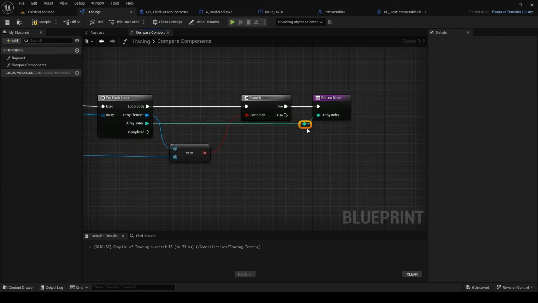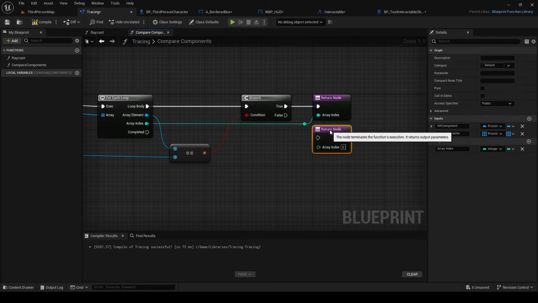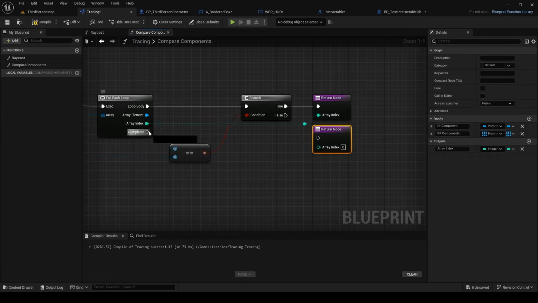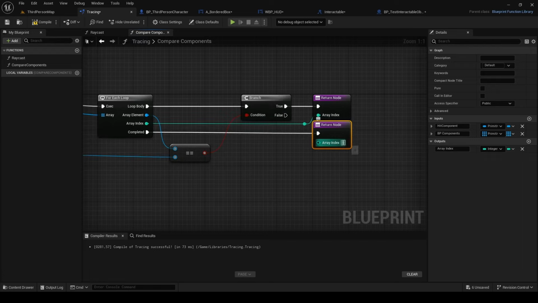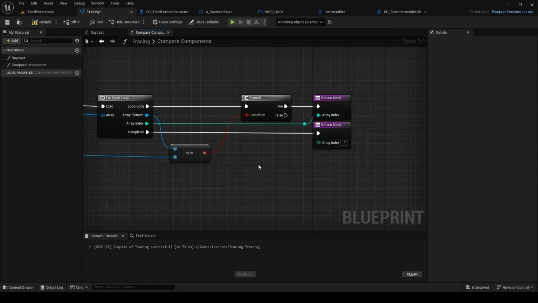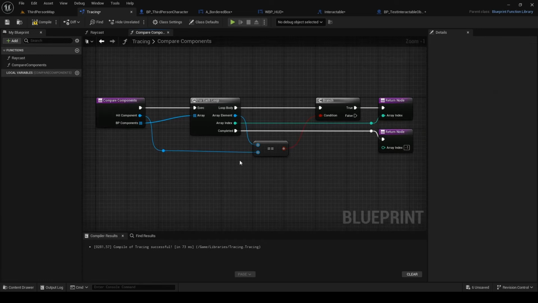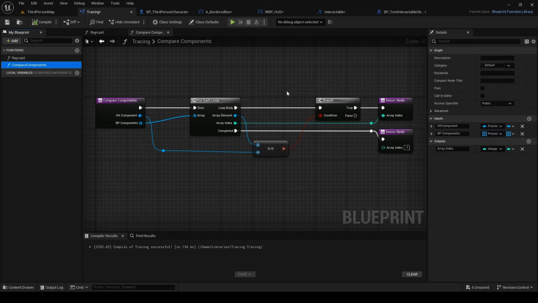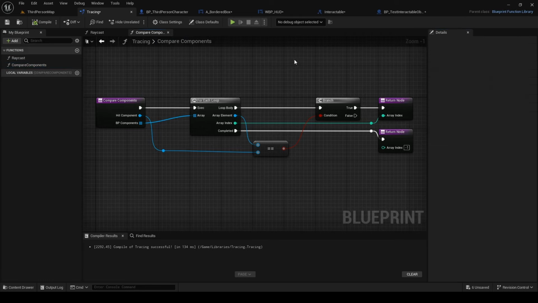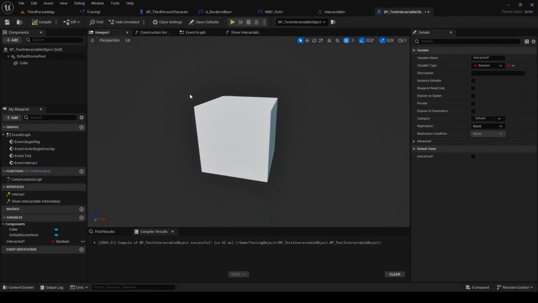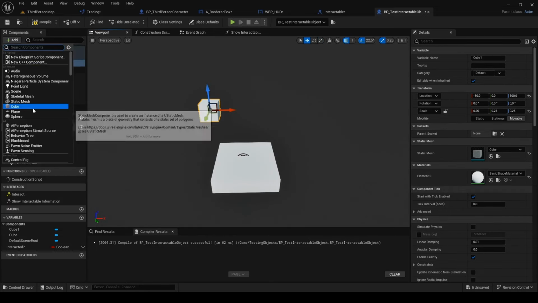If this isn't the part of blueprint we are looking for, we want to continue to go through array. So leave false statement blank. If we went through whole array and there wasn't the searched component, we want to know as well. So add return node after completed and set array index to -1, which we can't get out of array. We don't change any values in this function, only getting one. So also check this function as pure, which removes execution pins that we don't need. Now let's see how you can use it. I add a few basic meshes to blueprint: cube, sphere and plane.